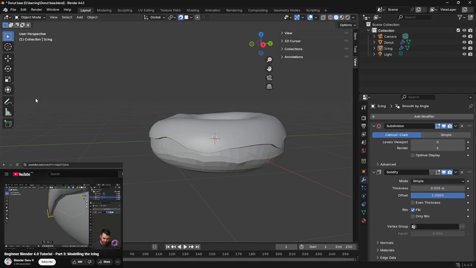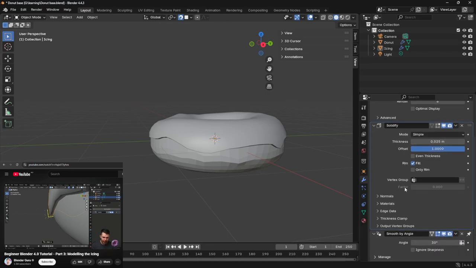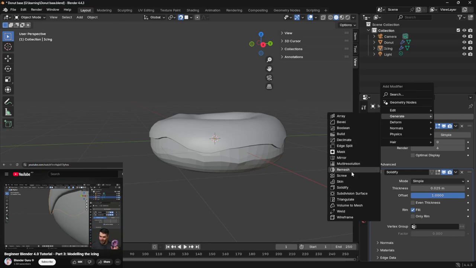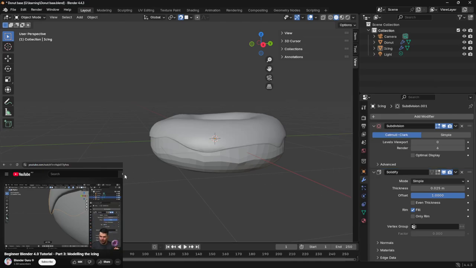Because you might remember I mentioned, yes, if you've got 3 vertices, it'll create another vertex here and another vertex here, but it'll also round it out. It'll pull this one back, so you end up with a rounded corner. So right here in your modifier stack, we're going to go add modifier, generate, subdivision surface. Now, the order of these does matter, okay? You want your